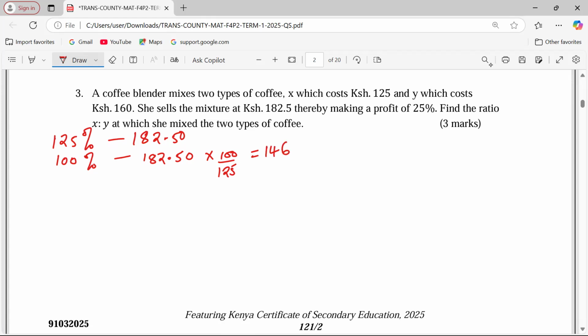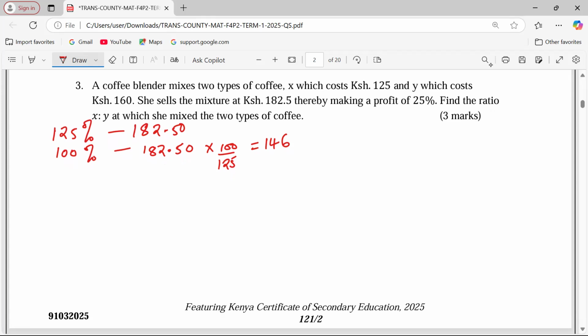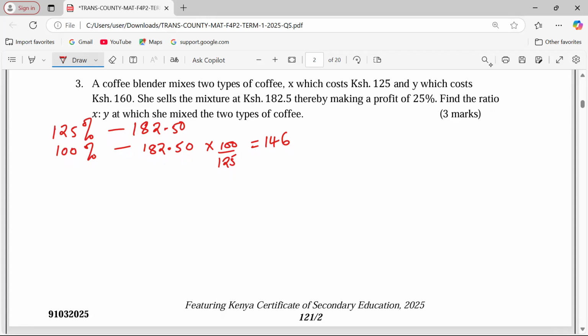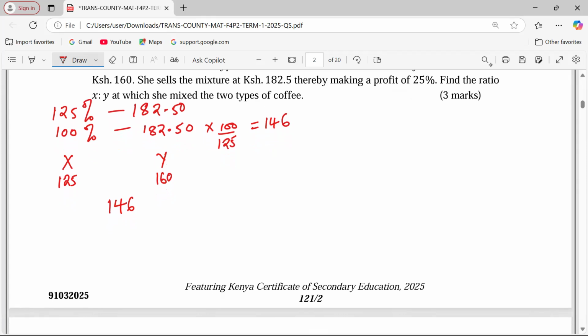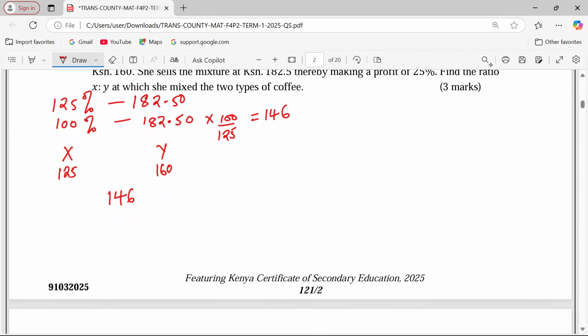Yeah, 146 that way. So we are having X and Y. X costing 125, Y costing 160, but mixed to give us a mixture worth 146. So we're supposed to subtract across such that we take 160